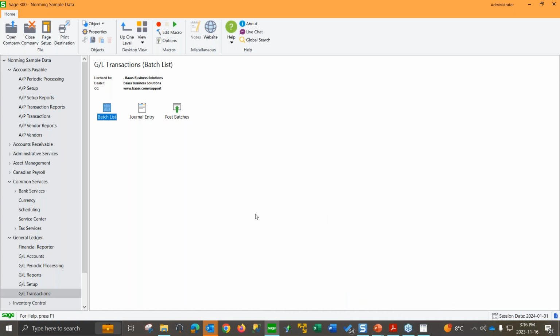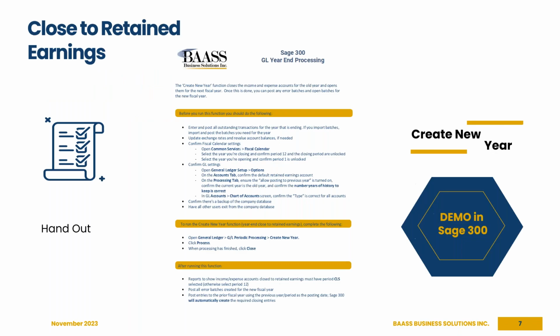So let's go back to our PowerPoint presentation. And the next phase we're going to be discussing is actually closing out to retained earnings. And again, that function in Sage 300 is the create new year function. So for this step,